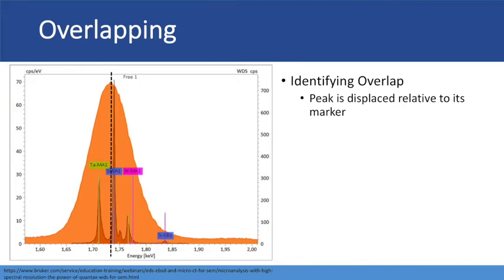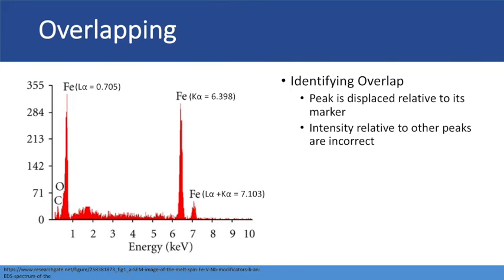The next thing to look for is if the relative intensities are wrong. For this example, let's look at the characteristic X-rays of iron. These characteristic wavelengths for iron, as well as the sum peaks for the L-alpha and K-alpha wavelengths of iron, have specific relative intensities to each other depending on the beam energy used. If the computer sees that the intensity of the L-alpha line becomes much greater with respect to that of the other characteristic peaks, like this,